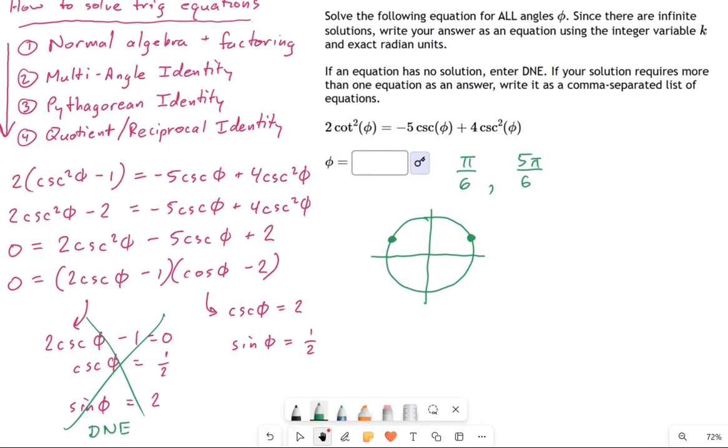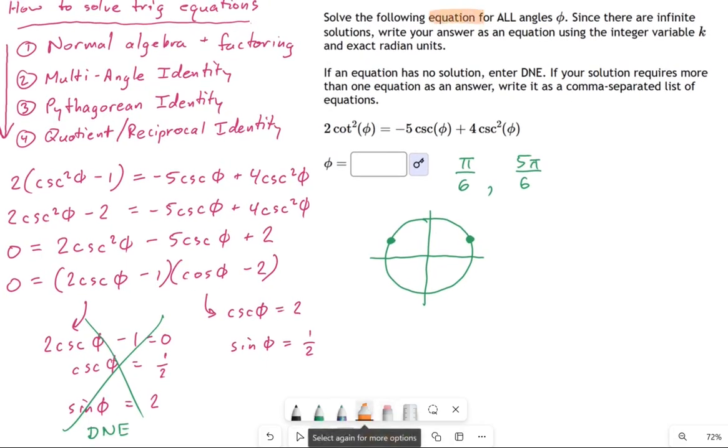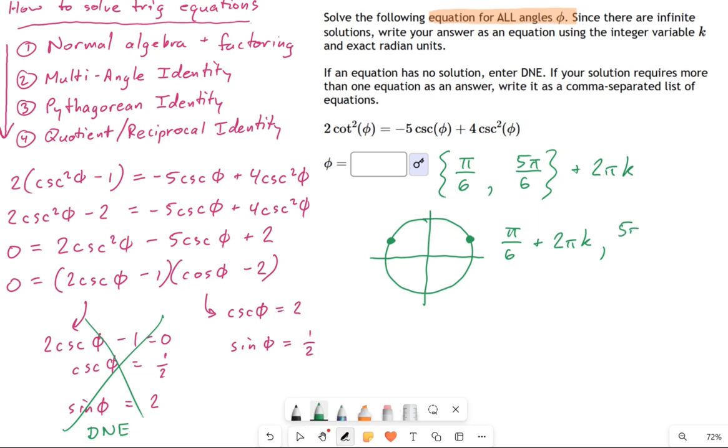Now, one more thing. This problem did ask us, if you remember, for all angles phi. That means 0 to 2 pi is not enough. I need to go beyond 0 to 2 pi and think of all the infinite angles plus or minus. So what we're really talking about here is those two angles plus 2 pi k, where k can be any integer. So what you want to write down in this answer box here, because the computer's not quite going to understand what I wrote just there, you're going to want to write it like this. Pi over 6 plus 2 pi k and 5 pi over 6 plus 2 pi k, where k can be any number 0 to 1, 0 to infinity, or negative numbers for that matter. As long as it's an integer, that'll be fine. Okay, so there are your solutions.